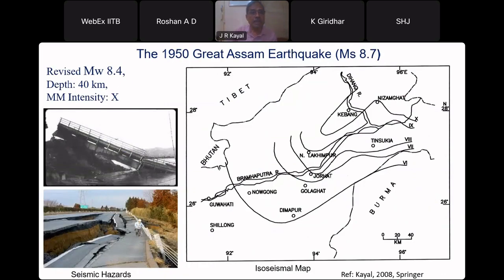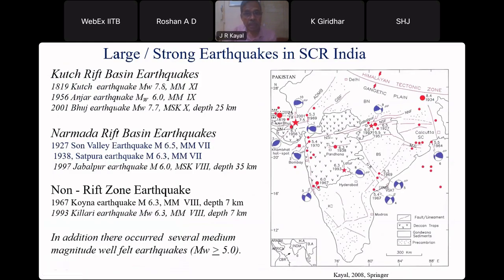And if you come to this 1950 earthquake, the Indian geologists could make this intensity map of the order of 9 to 10, a high intensity zone over here, and the other part they could not cover because this was China's part. So this earthquake has caused, as I said, the maximum intensity zone over here. Then the intensity goes down with distance, and at say 500 kilometers away, you may only feel the shaking or some minor crack may have happened. But in the epicenter zone, there is a lot of disaster over here. Now, having got a glimpse of the Himalayan earthquakes,